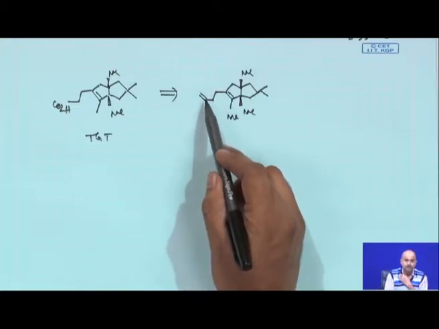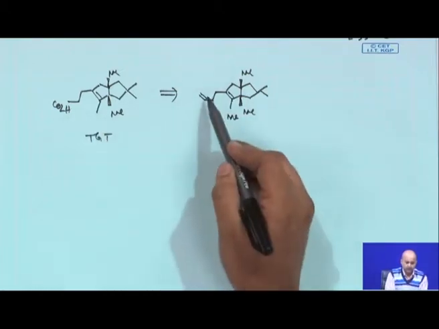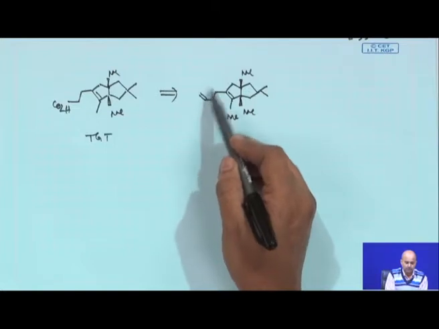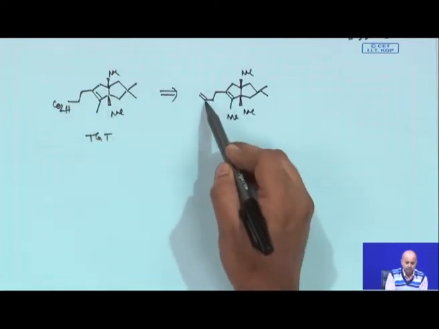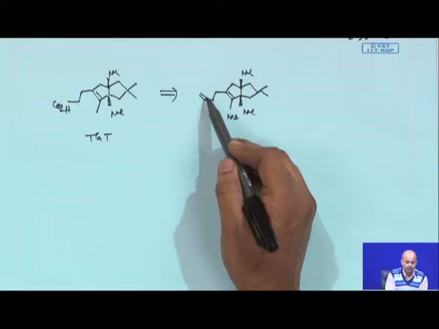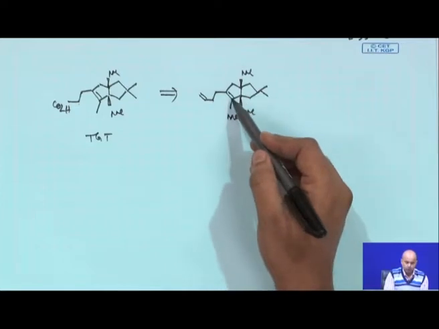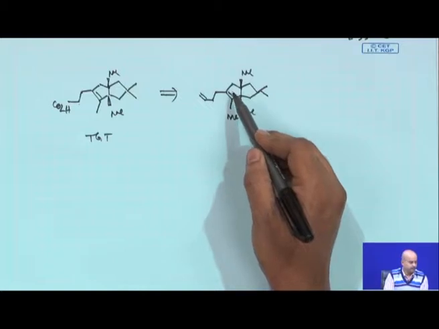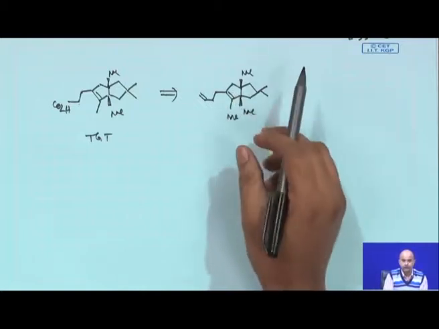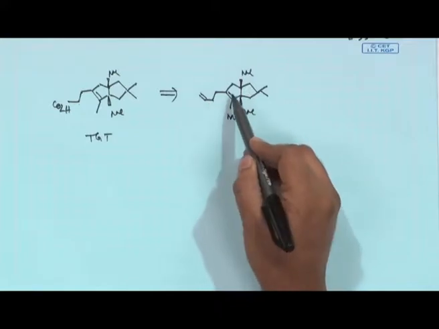homoallyl appendage. Now, if you try to correlate through a skeletal disconnection, you will find that this homoallyl unit, if you do an oxidative cleavage, you basically need 1, 2, 3, a CH2, CH2, CHO. So, if you do an ozonolysis kind of thing, you can get the aldehyde, then you can do the oxidation. But in reality, in the molecule you also have a double bond in the ring. So, in those cases you need to find a suitable method which will control that only this double bond will be affected, without touching this double bond.